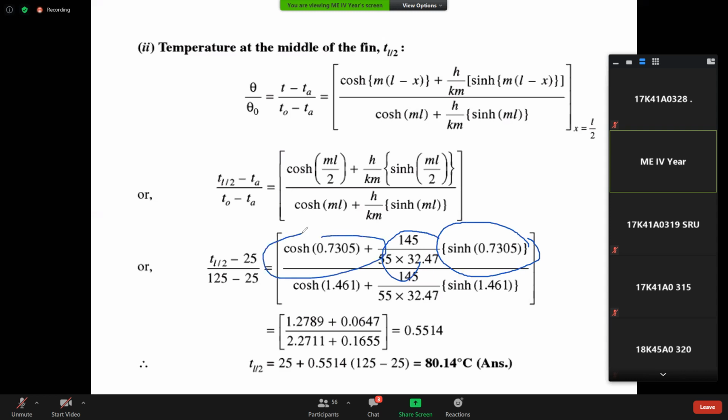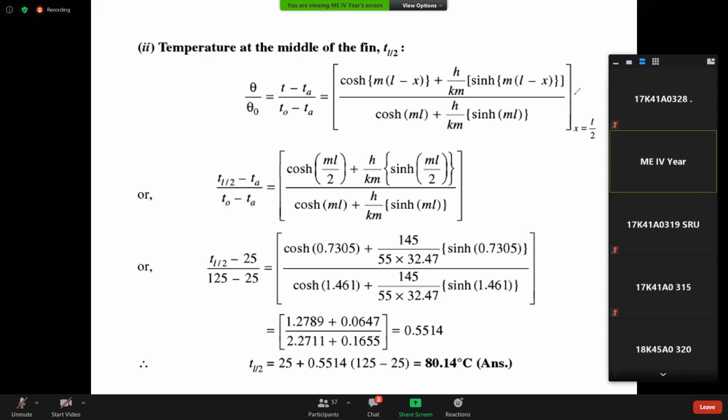Like that, you keep on increasing the steps in your notebook. If you calculate directly, you will get it wrong sometimes because of some brackets and all. You may get the wrong values. So you have done the correct procedure entirely, but unless you get the right answer, what happens? No meaning, right? So this is 80.14.